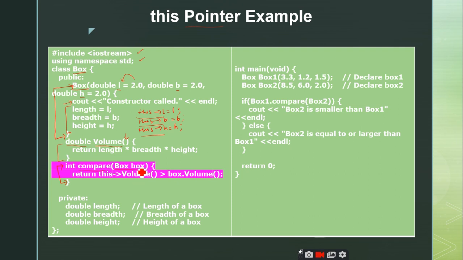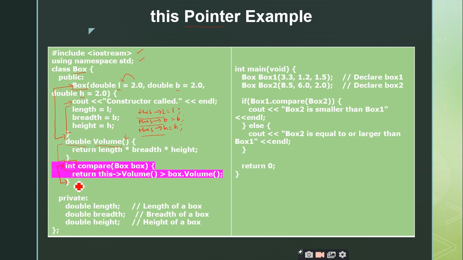To what data type does it belong? Box. It belongs to box data type, right? Box is a class and it accepts only one parameter that belongs to box. And what is the return type of this compare function? Int, right?